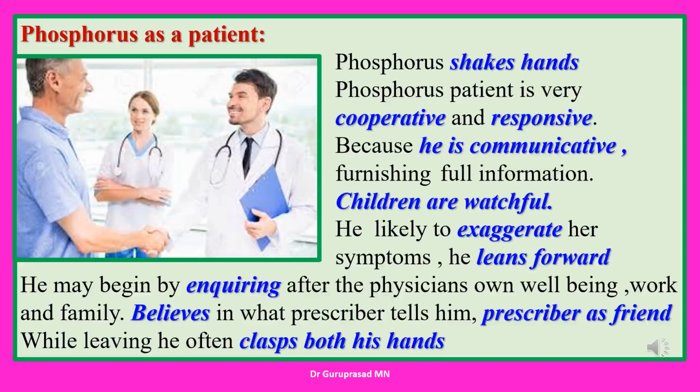Whereas a Thuja individual will withhold. They never tell everything. Thuja personalities very often test a doctor. They'll test the doctor's intelligence. That is typical Thuja. A Calcarea carbonica person also will never reveal everything. But Phosphorus so freely will tell everything. He is highly communicative. He will furnish all the information. A Phosphorus individual will come forward and sit at the edge of the chair. They will be leaning forward and listening to all that you are telling. They will 100% believe you.